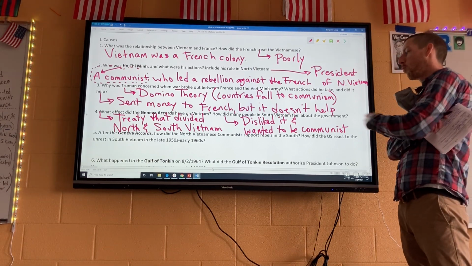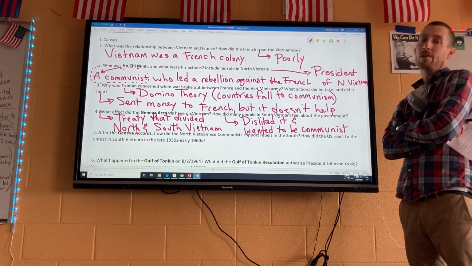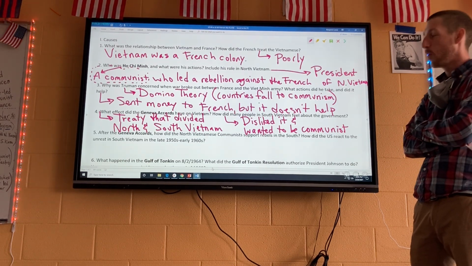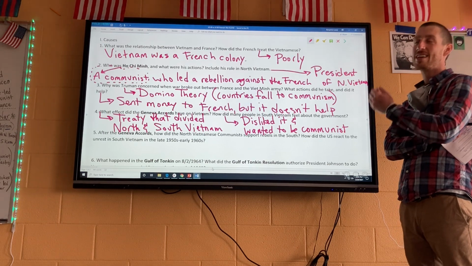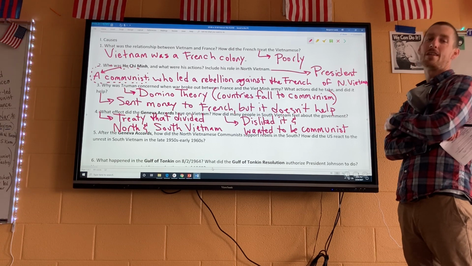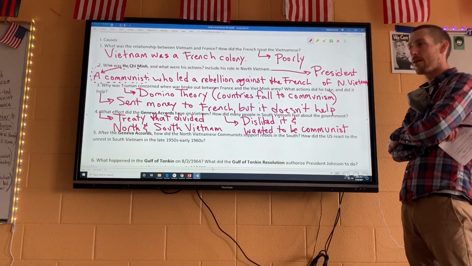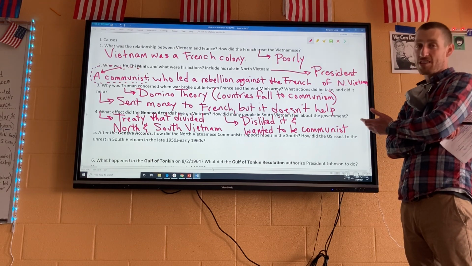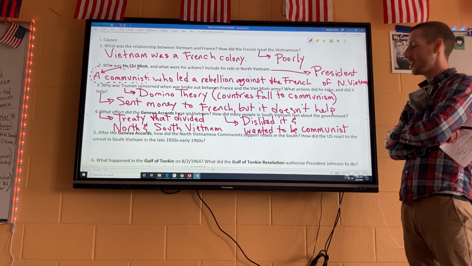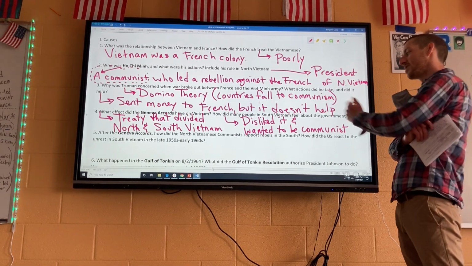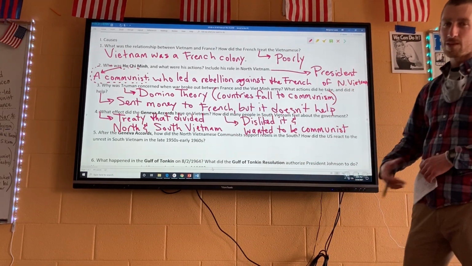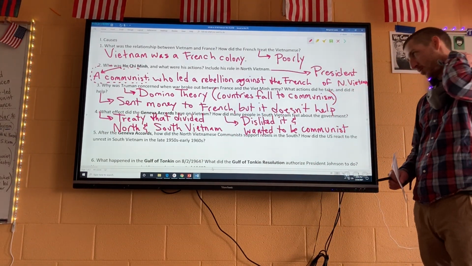Now, so you might be wondering, why would anybody want to be a communist? Well, communist countries and communist governments appeal to poor people because, remember, in a communist society, it's a classless society. The government does kind of look out for poor people in that it supplies them with monthly pay and monthly food allotments, things like that. So in South Vietnam, they wanted to be communist because they needed money, they needed food, they needed supplies and things like that. And the government in South Vietnam is not communist, so they want to be like the North, okay? So I know that's confusing, but it's going to play out here in just a little bit and you'll understand,